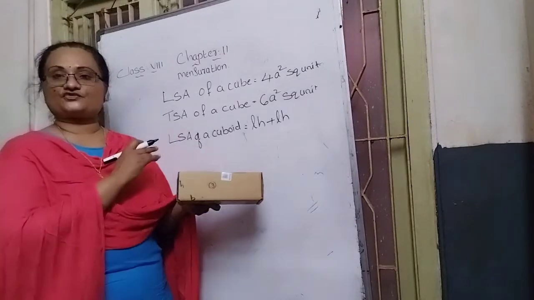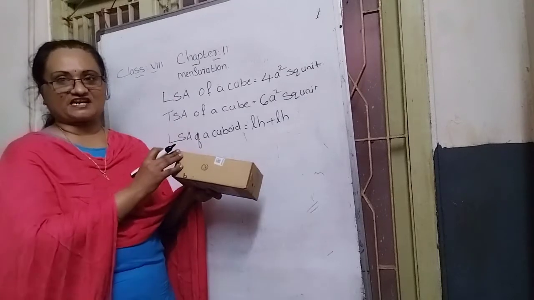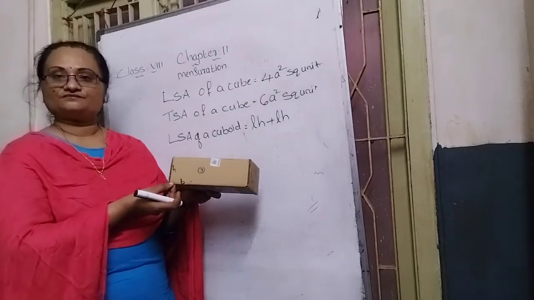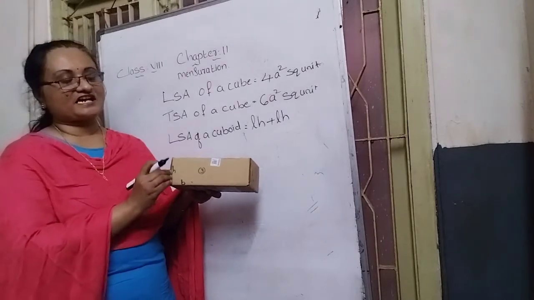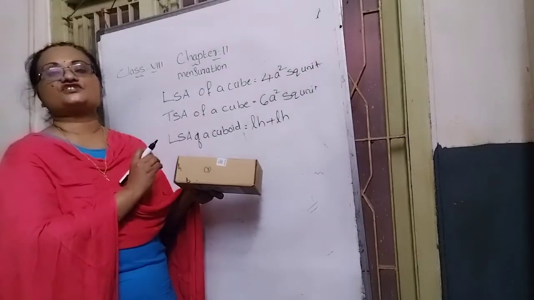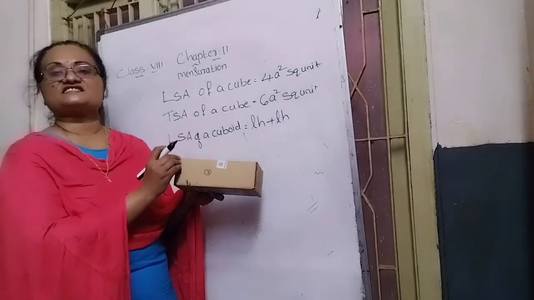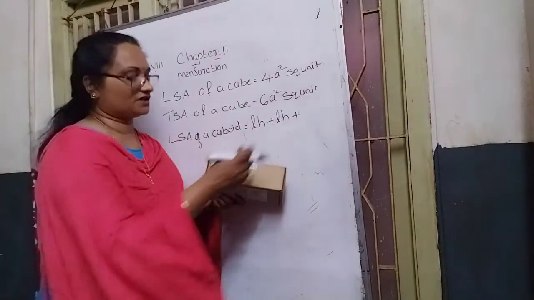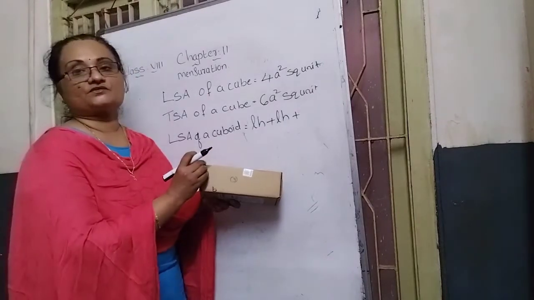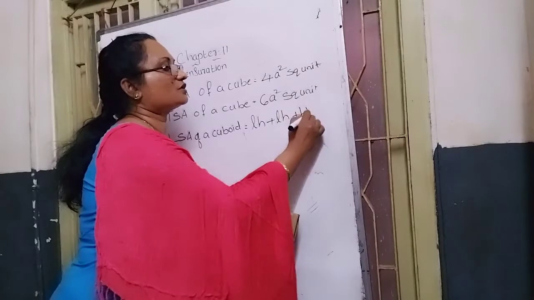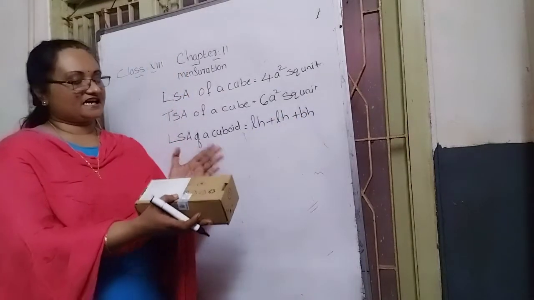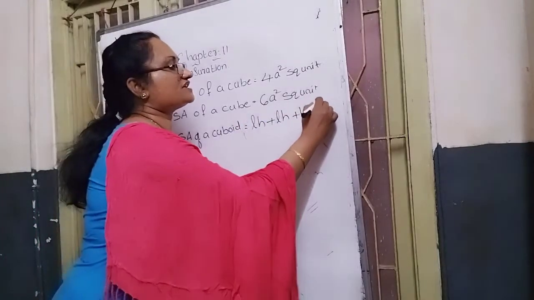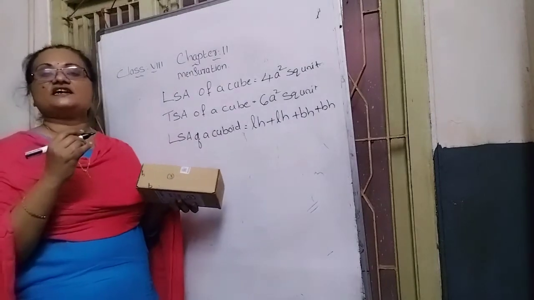LH is the formula for the first and second face. Next, the third and fourth face. The third face is also a rectangle, but the length of this rectangle is equal to the breadth of the cuboid, and the breadth of the rectangle is equal to the height of the cuboid. That's why the area, length into breadth, is B into H. So BH is the formula for the third face. The third and fourth faces are opposite faces with equal measurement, so the fourth face area is also BH.